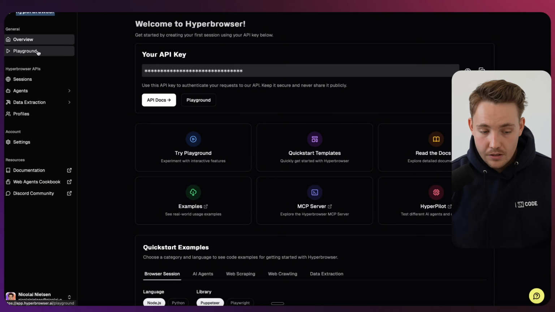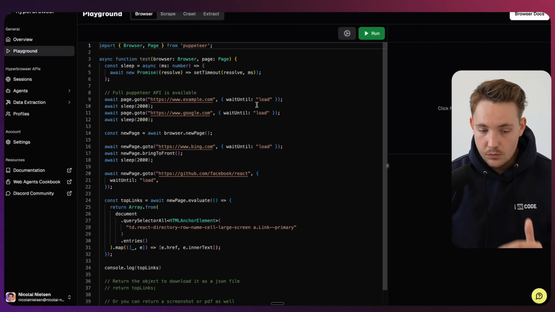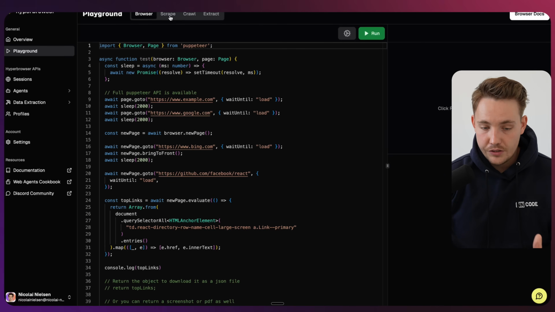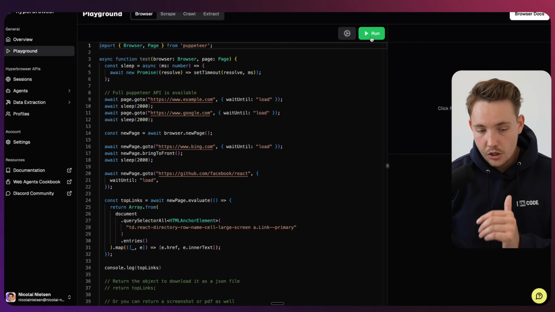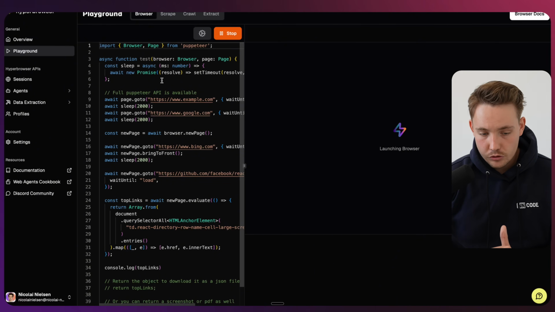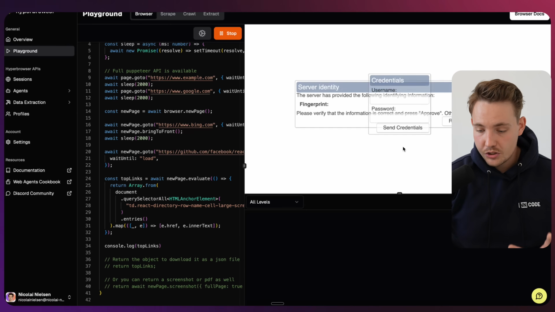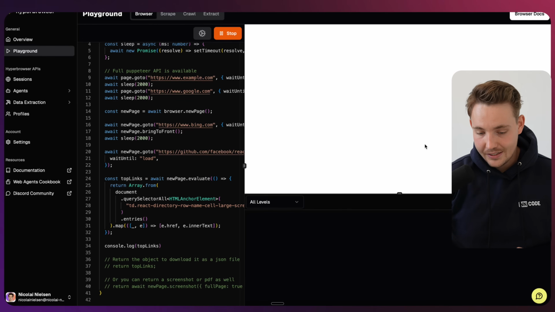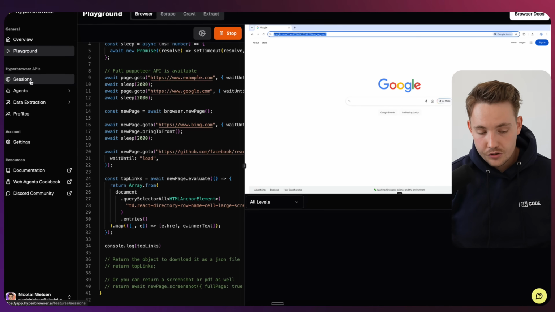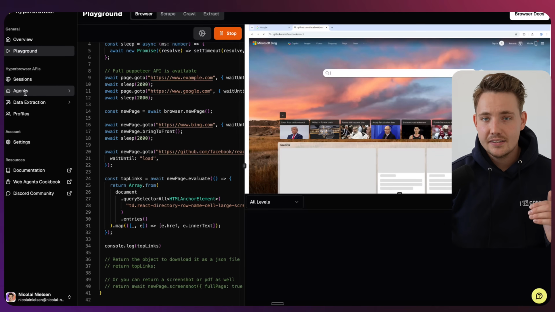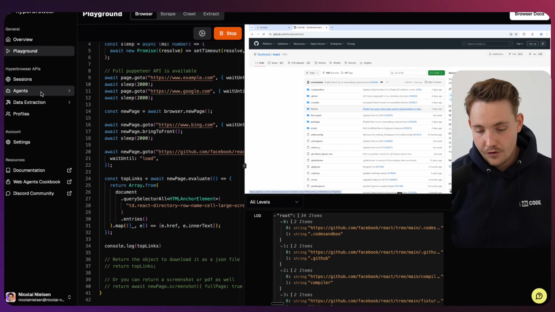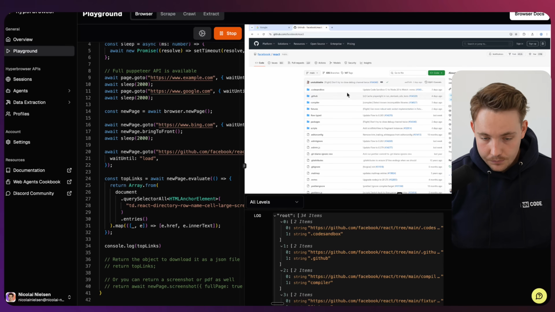So playground here on the left side, this is basically just so you can see what's going on. If you go into the browser, if you have a scraper, it could be a crawler, extract information from a web browser as well. You can just run it. So if you run the browser, we have the code here. You can always copy paste that into your own application. After that, we're going to take a look at some sessions, and the main part is the agents. How do we actually set up our own agent from the API? So here, for example, we just open up React's GitHub repository